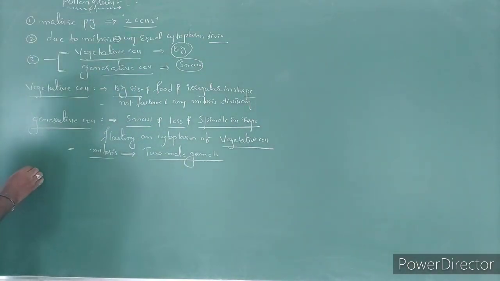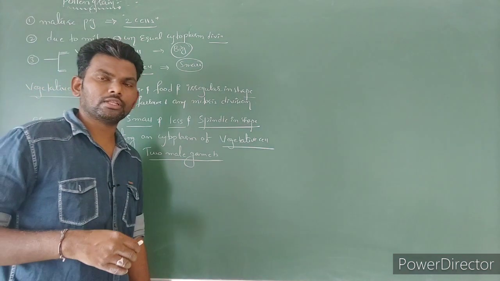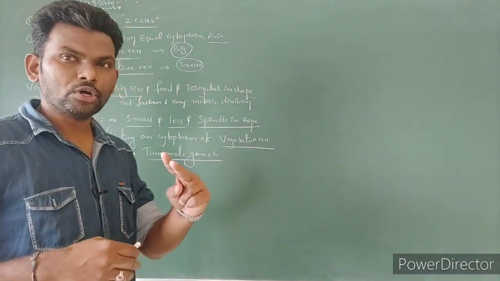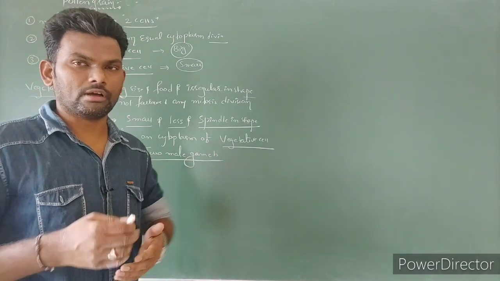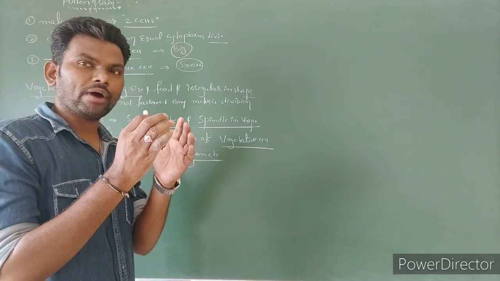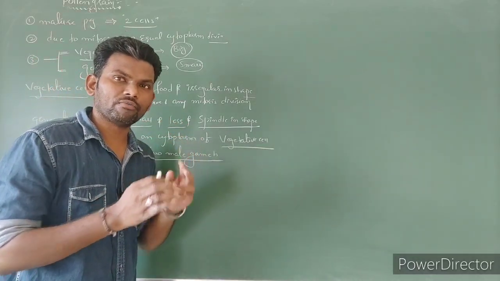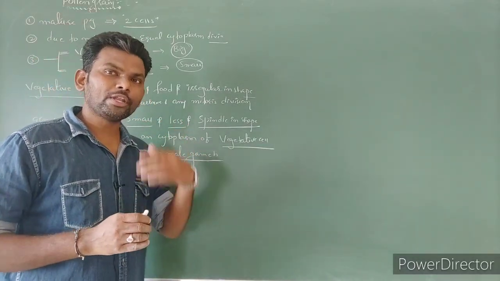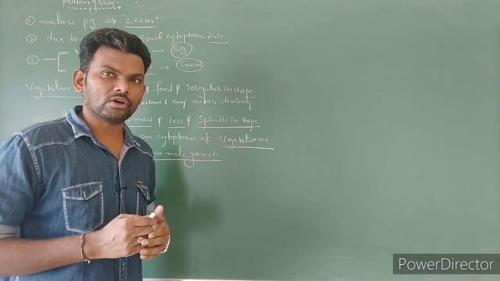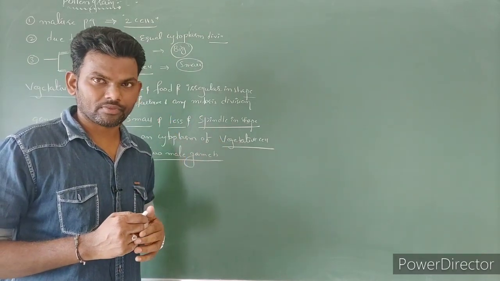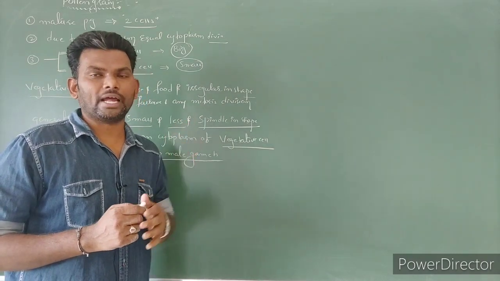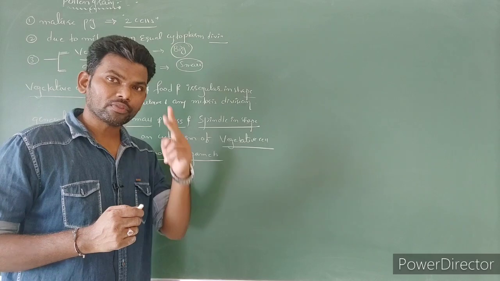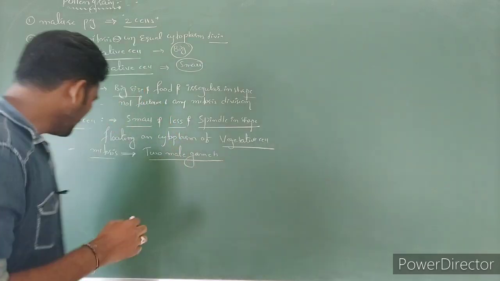Next, mostly the pollen grains are shed off at a two-celled stage. It means after the first mitotic division they are shed off. 60% of angiosperm pollen grains are shed off at only the two-celled stage. The remaining 40% of angiosperm pollen grains are shed off at a three-celled stage, right? And in gymnosperms, Cycas plant pollen grains are shed at a three-celled stage, right?